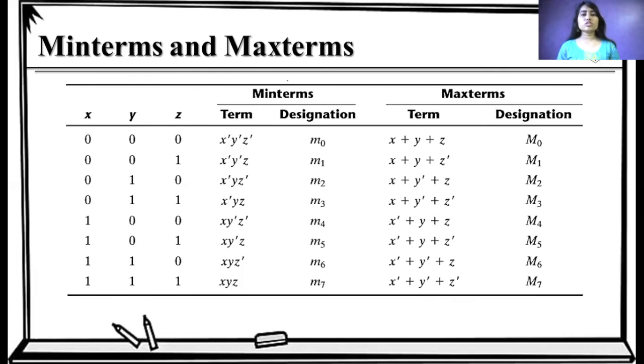So this is the difference between minterm and max term. How we can represent a minterm and how we can represent this combination in max term are defined in this table. In minterm we use the AND operation, in max term we use the OR operation. In minterm, 0 is represented in inverted form and 1 is represented in normal form. And for max term, 0 is represented in normal form and 1 is represented in inverted form. So this is the difference between minterm and max term.